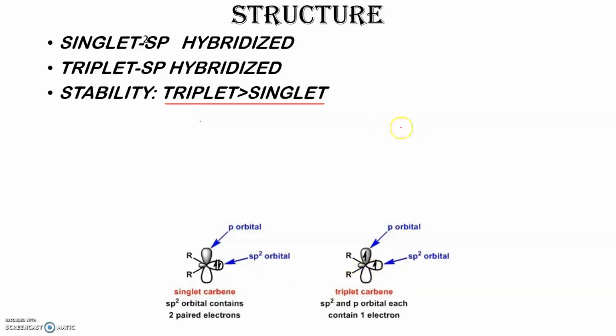But when the carbon in this kind of carbene is attached to halogen groups like this, chlorine, another chlorine here, instead of alkyl or hydrogen groups, then the stability order gets reversed. The singlet carbene is more stable than triplet carbene, given that the carbon must be attached to a halogen group like this. This happens because of back bonding, where we have a vacant p orbital in here,